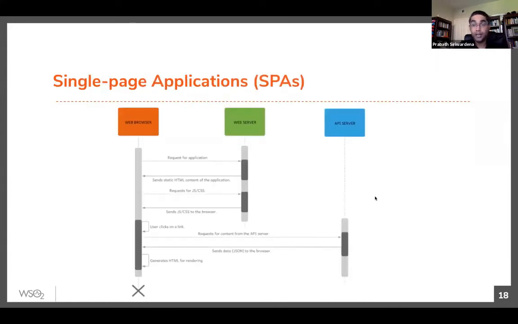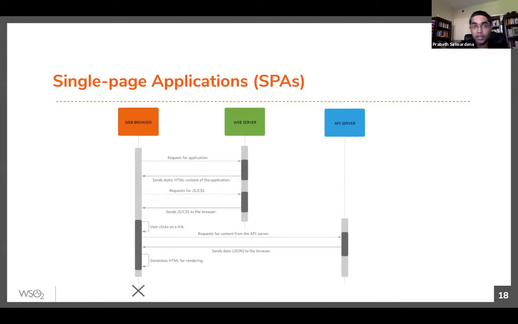Now let's get into single page applications and see how we can use OpenID Connect to secure single page apps. I'm not going to go into detail on SPA architecture. This is a typical way you design a single page app. You have a browser, and the browser talks to a web server and loads JavaScript and HTML for the first time.